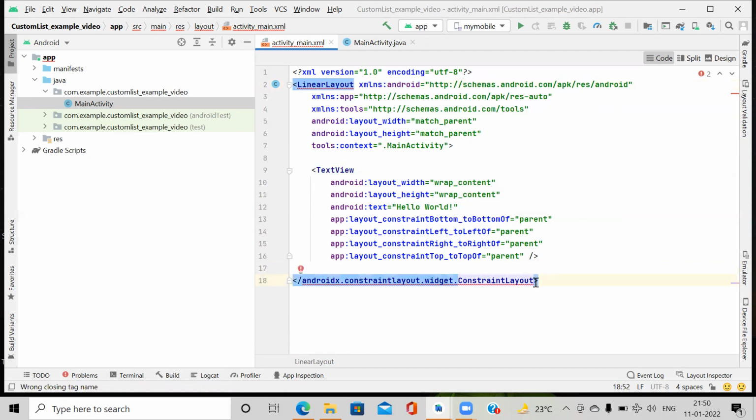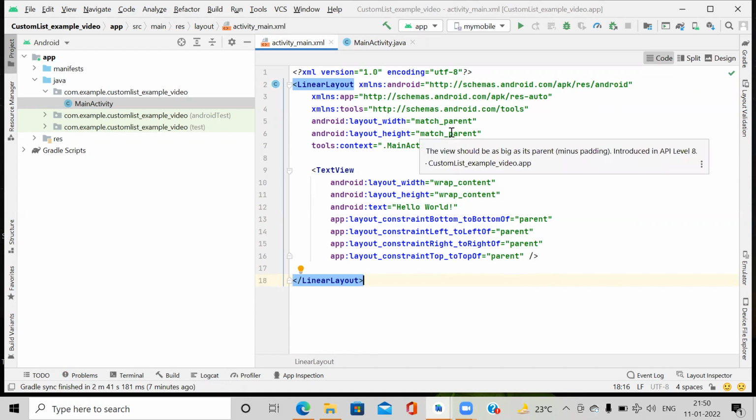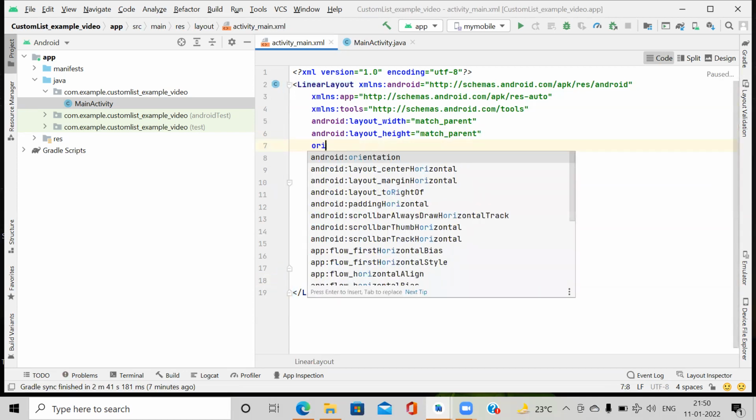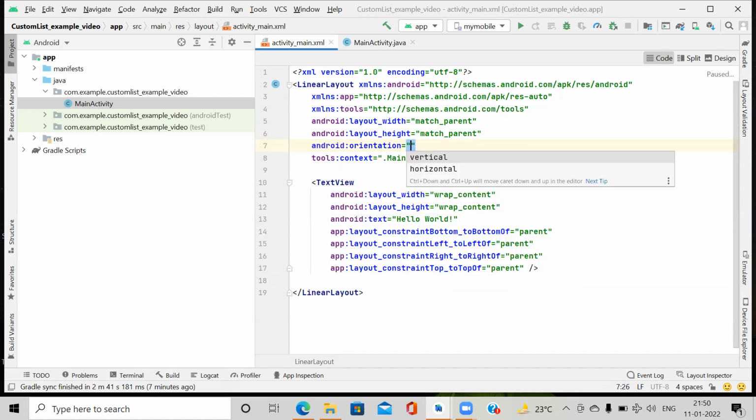Here also we change. Then height and width match parent, and here we specify orientation, which we require vertical. And then we require a list view.